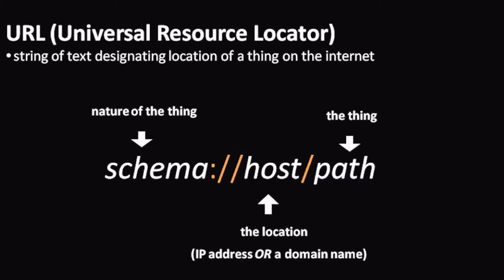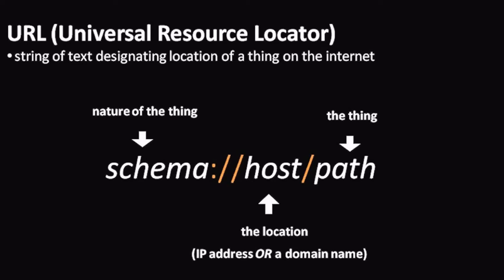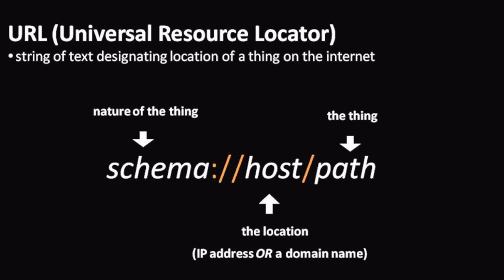What we call a URL stands for Universal Resource Locator, and it is a standard way of designating some sort of resource, something, on the internet. It's just some piece of text that designates something like, say, a web page. Each URL has three parts. First, what's called the schema, which designates the nature of the thing being referenced, and then after a colon and